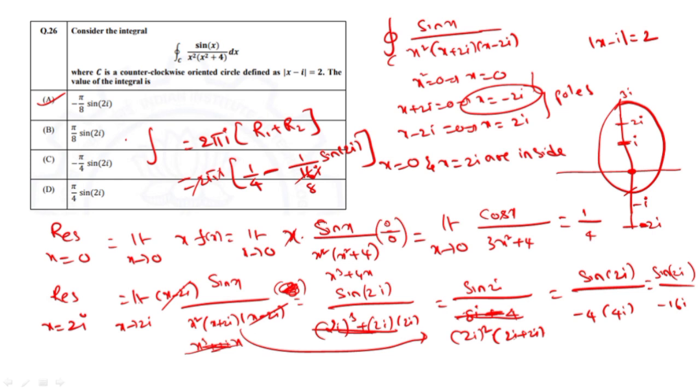So we'll go by like that. Which are the poles inside the region? We should find the residues of those poles. Residue formula is this. So 2 pi i into the sum of the residues gives the total integral. Okay. So that is the way we can solve this kind of problems. In complex analysis, you may know it.